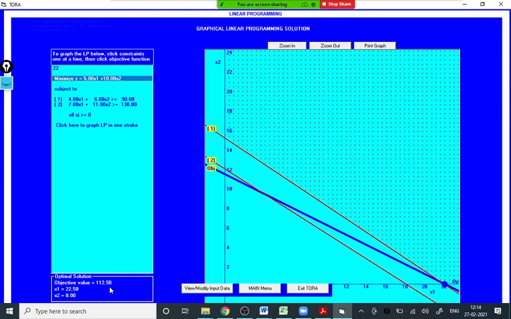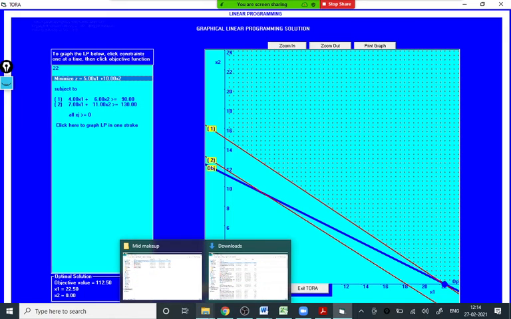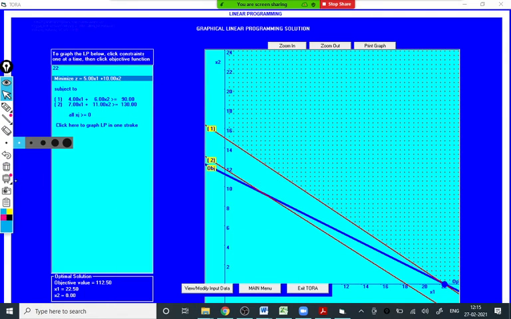So can you explain this again? Which part? The last part, the blue line. No, this blue line you don't have to draw. What you have to do is just calculate. You have to find out the coordinates of these 2 points. I will show you here. First you have to find the coordinates of this point. Can you tell me the coordinates of this point and this point? The coordinate of this point is already there, 22.5, 0. And you have to find out the coordinate of the other point. So this may be 0, 15. Now we have the 2 points which are the corner points of the feasible region.